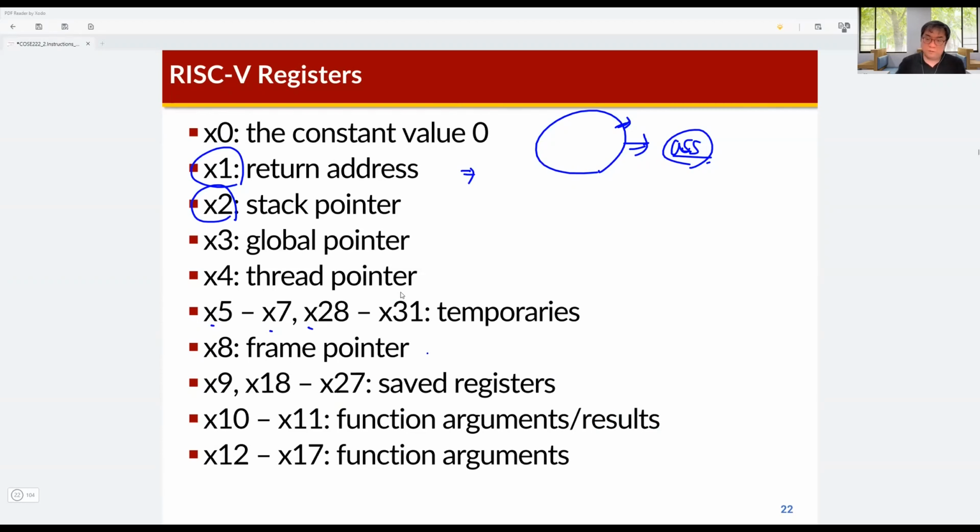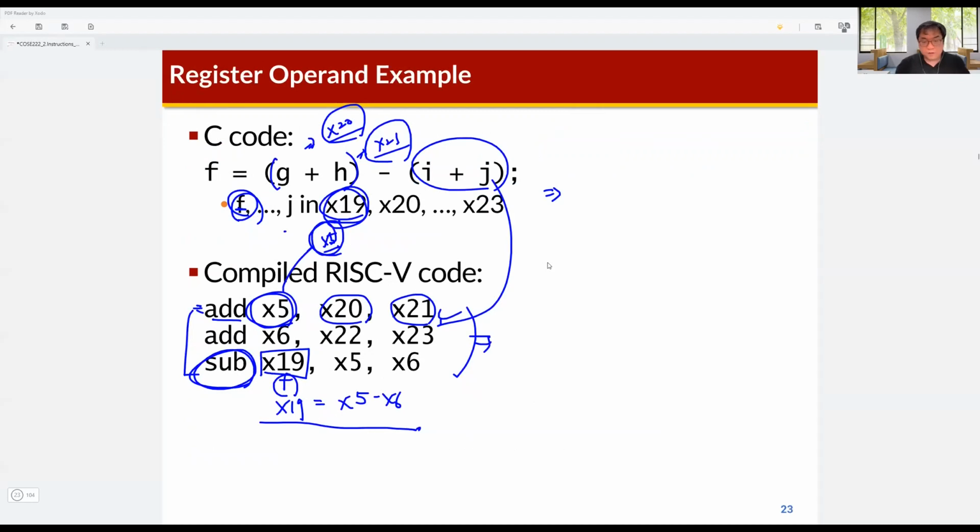So when we build a compiler, the compiler engineers just follow these rules defined by the instruction set architecture manual. Okay, so